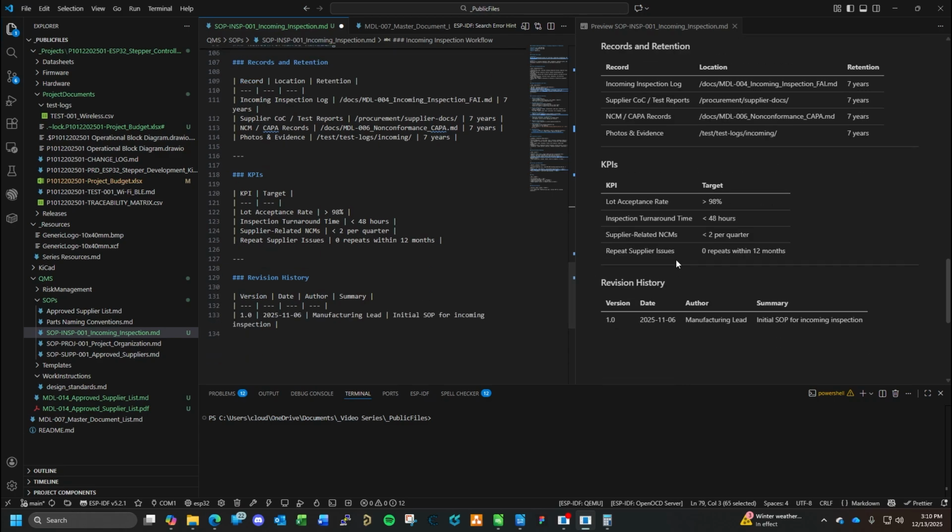What I find interesting is they threw in KPIs. Okay. So there's another thing that goes along with this: vendor performance metrics. And it is also part of ISO. So you do need to keep track of when you have a vendor that fails, that sends you bad parts. You have to keep track of how many times you have failures. And if it's from a